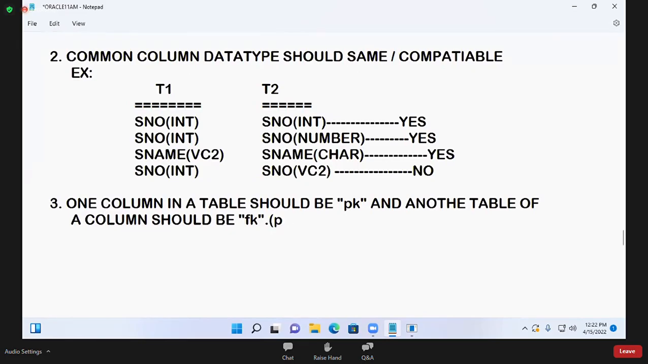Your primary key column and foreign key column are called which column? Your common column. So my primary key column and my foreign key column should be the common column. So that is to remember. And the next one is the fourth point. Your primary key column, or PK table,